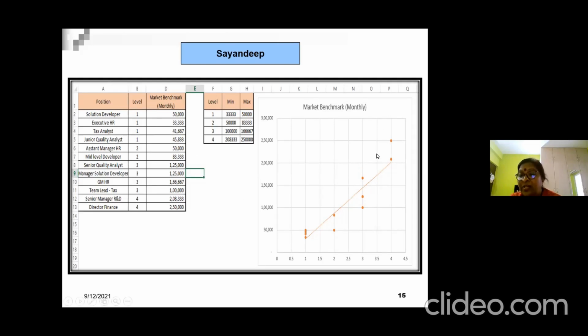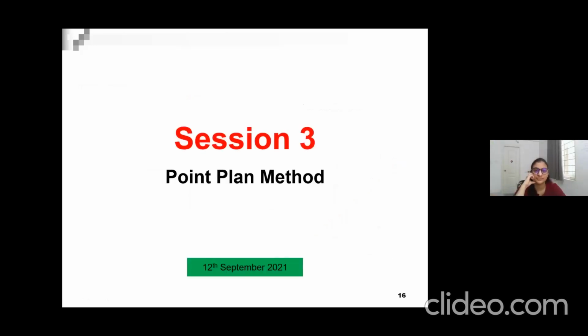If you look at the alignment of these job positions corresponding to their salaries, they're really going up. So it was only in the first assignment, but that is good. At least, you are able to find out which was the right way and which was the inappropriate way. Okay. I think good work, guys. Very good work. All right. I hope you all have your job positions with you, soft copies.